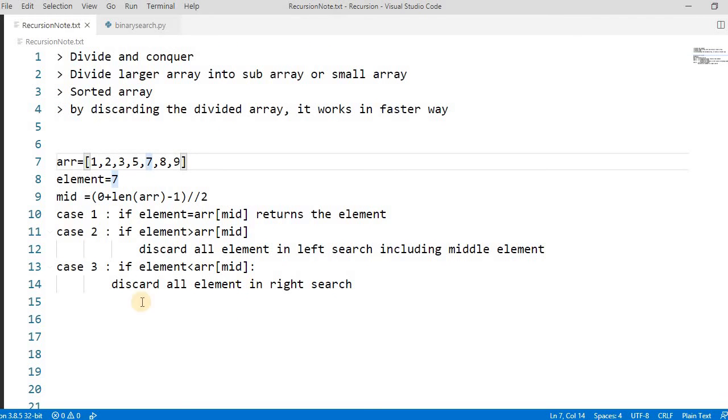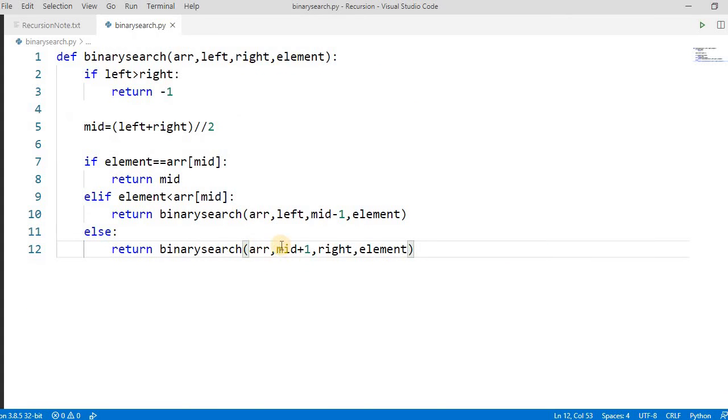So if you understand the logic, it's easier to implement. We only have to take care of mid plus 1 and mid minus 1, because it's searching the reduced array. It's not searching on the whole array. In a linear search, we have to search the whole array. In binary search, the first time, if it's at the middle of the array, then it will return the index. If it's not, it will reduce the array by giving these two ranges and then search, right?